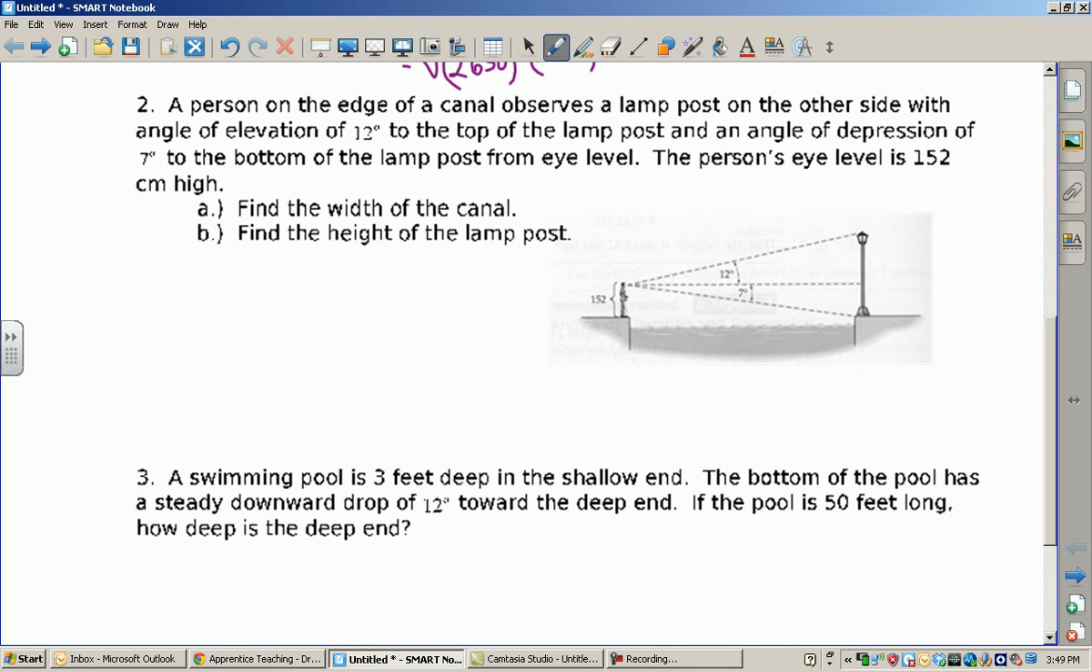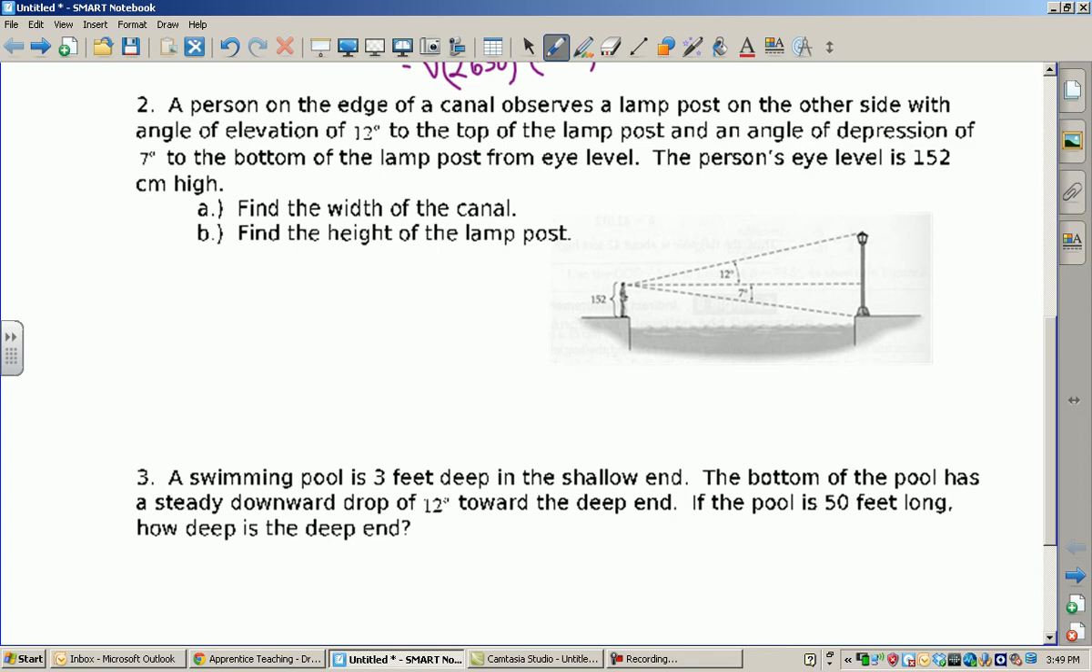Okay, so what we have here is a person who's 152 centimeters tall, and he's staring at a light post across the channel. I guess he finds it pretty or something. He's attracted towards the light. Maybe he'll go for a swim. But we didn't know how far he needs to swim to get to that light post, so we need